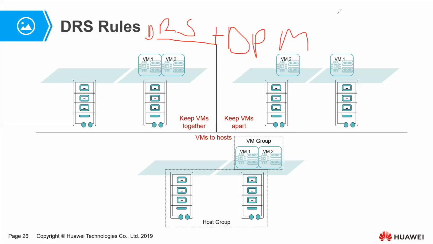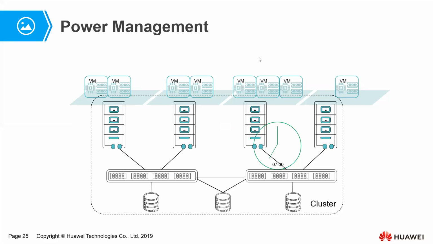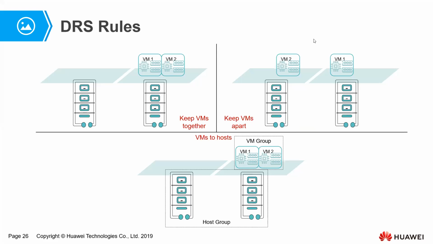So distributed resource scheduling provides a reference for system migration during load balancing. As this guy is doing his distributed power management, it also uses the technology of DRS to distribute the different virtual machines while doing load balancing inside that cluster. So we are saying we have some of these,